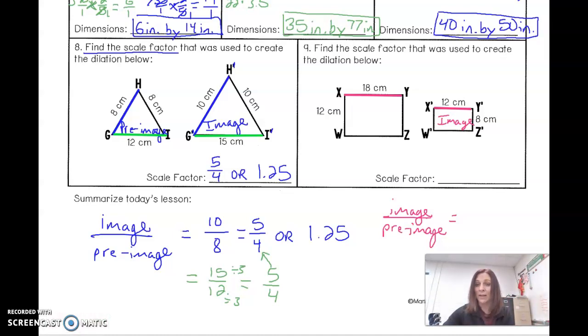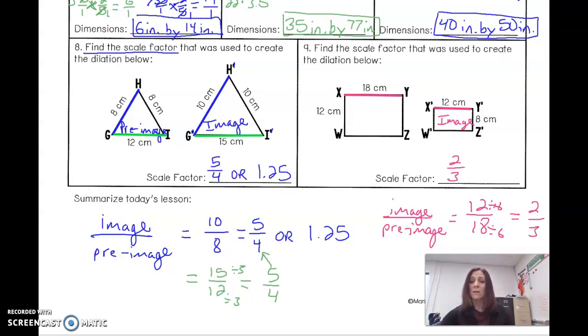sides. Well, image, X prime to Y prime is 12. X to Y is 18. So if you reduce these, 6 goes into both of them. 12 divided by 6 is 2. 18 divided by 6 is 3. And you know what? I'm going to leave it as 2/3 because if you divide it, you get a repeating